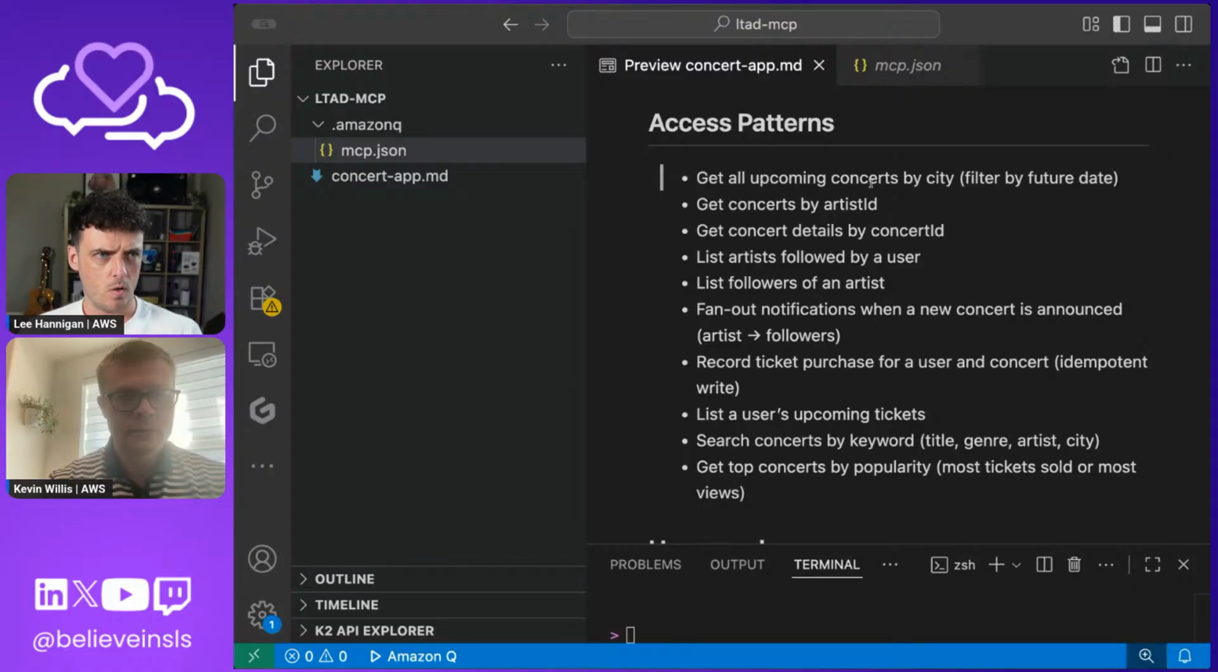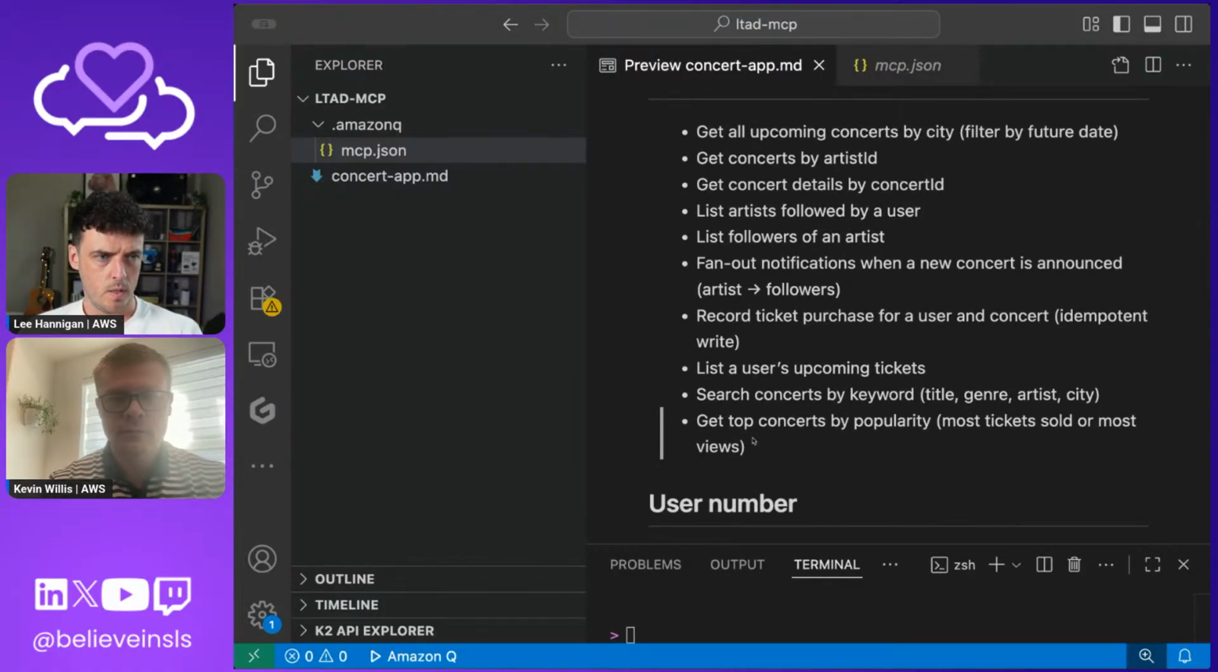So we're going to be getting all upcoming concerts by city, get concerts by artist ID, get concert details by a concert ID, list artists followed by a user, list followers of an artist. We want fan out notifications when a concert is announced. So if an artist launches a concert in New York, all of the followers should be notified of that concert. Record ticket purchases for a user and concert. List a user's upcoming tickets. Then we have this curveball where we want to search concerts by keyword. And we'll get to that when it comes up. And get top concerts by